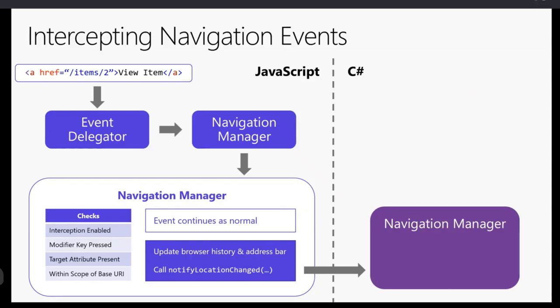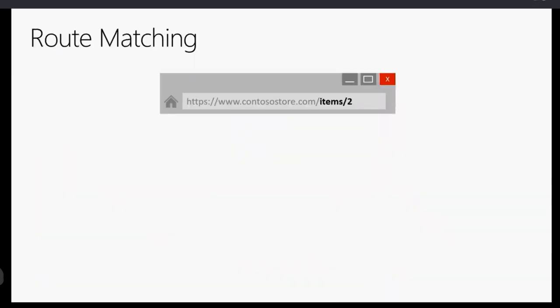Now, this is something you may be familiar with if you've done any Blazor development. This is the navigation manager you may have injected into your components to use the URI property or hook onto its location changed event and things like this. And this pretty much is what this location change callback is going to do. It's first going to